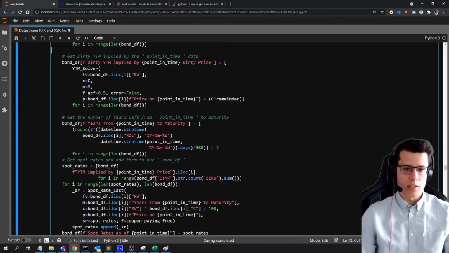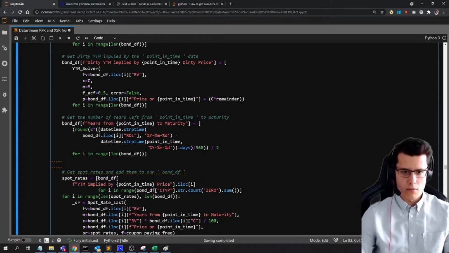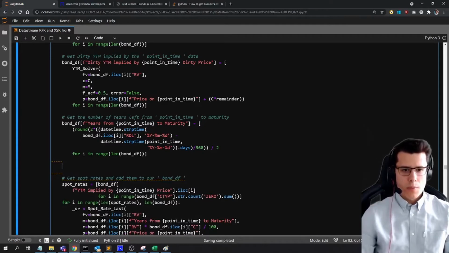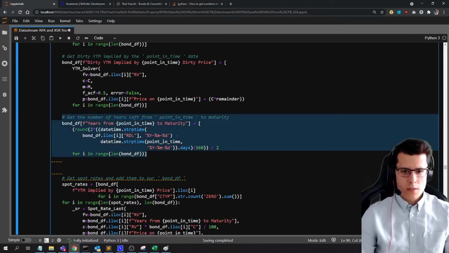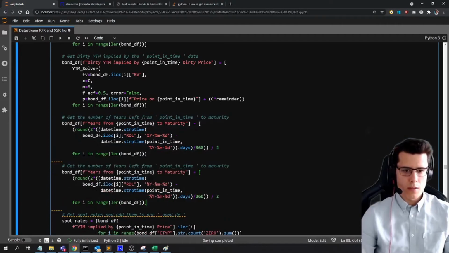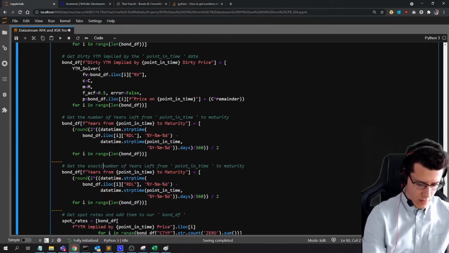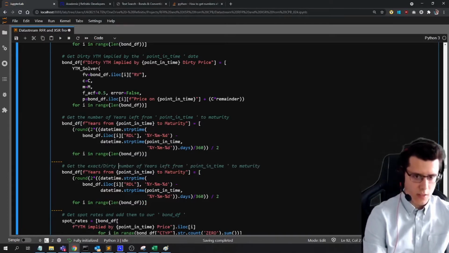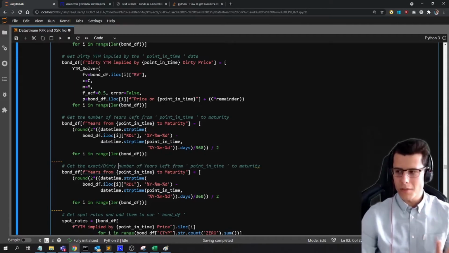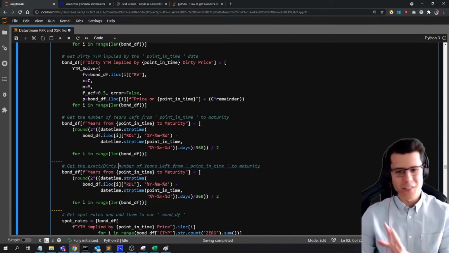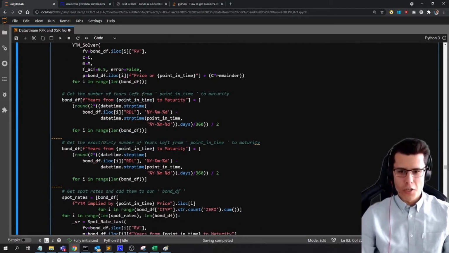Yeah, I want to change that. Or not change it, but add it. Copy this. Paste it there. Get to the number of years left. Get the exact slash dirty. I'll spell dirty with a capital D to explain that this is the financial fixed income version of dirty and no other type. No need for Hoover. Here we have our years from that date to maturity, but I'm going to call it